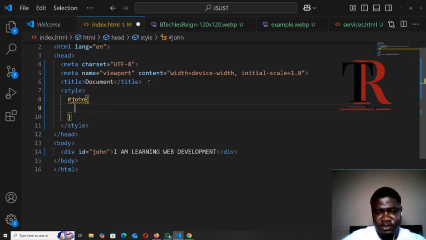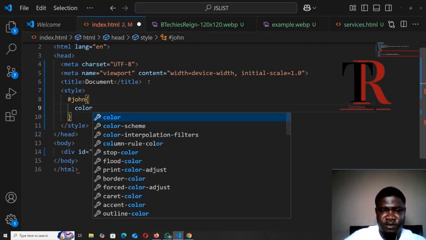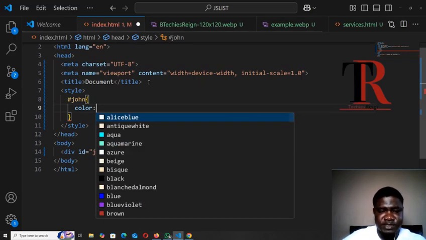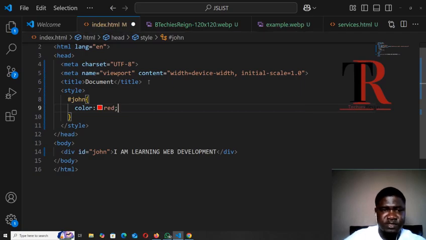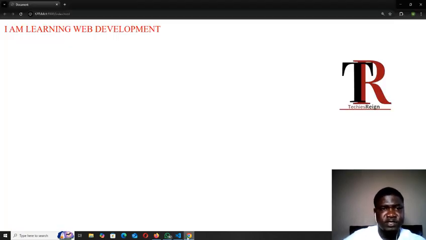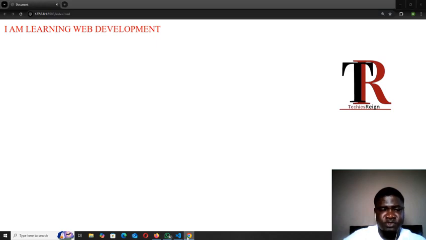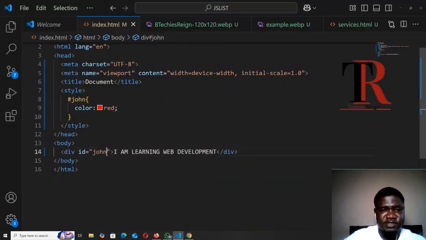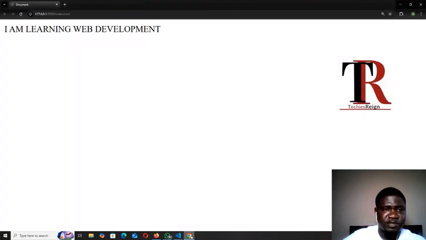Then we open our curly bracket and say color. The color of the element that we have named John, we want to make it, let's say, red. Then we save it. By the time we come to our browser, that's changed to red. But if we decide to alter it now and change the ID to James, and we save it, by the time we come here, it is black. Because what